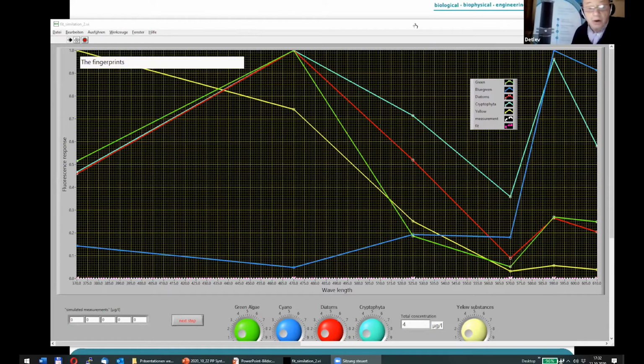And of course, what is important is that there is a linear relationship between the fluorescence intensity and the amount of algae inside. So that stands for all of our analysis.